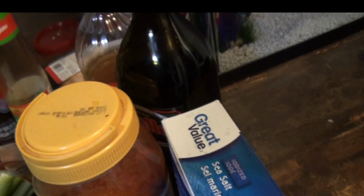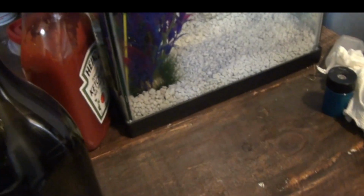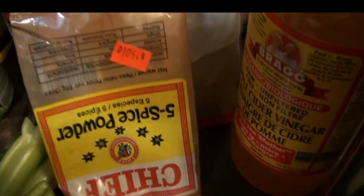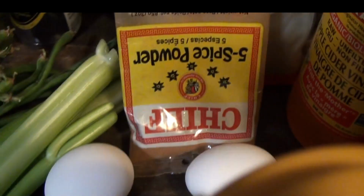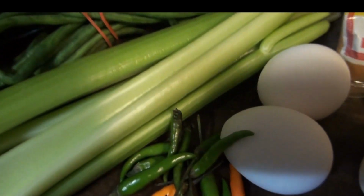We have salt here, and this is chili powder. This is olive oil, apple cider, oyster sauce. This is ground thyme. I prefer the fresh ones. This is 5 spice, 4 eggs, a couple chili peppers,